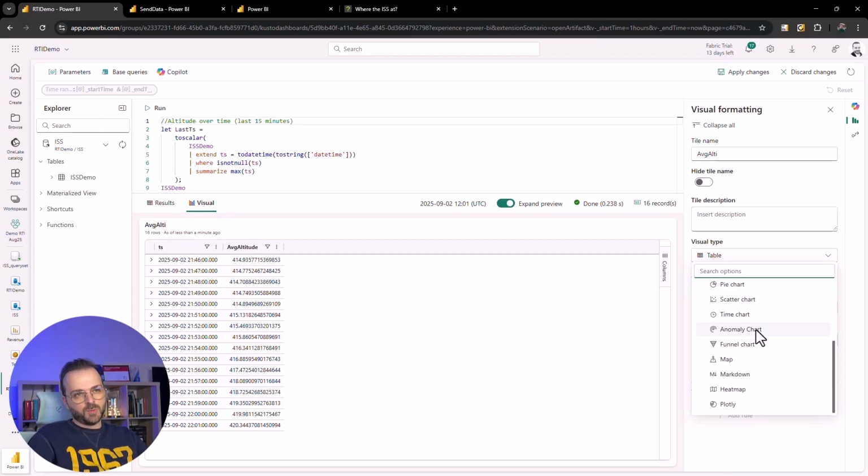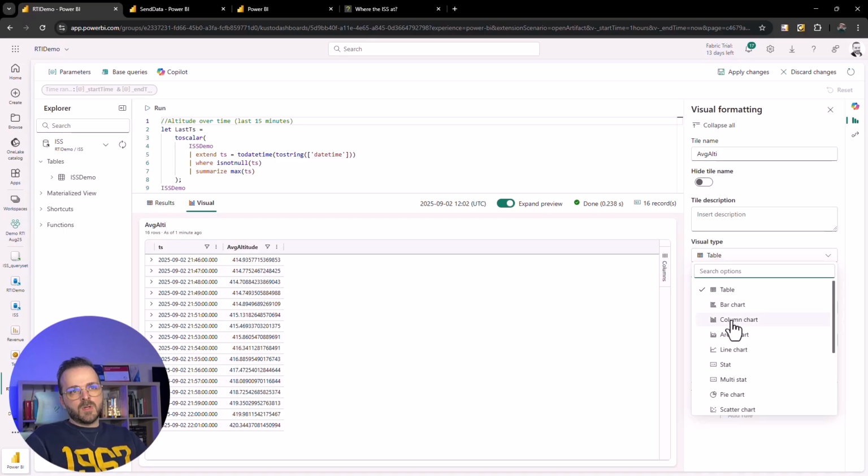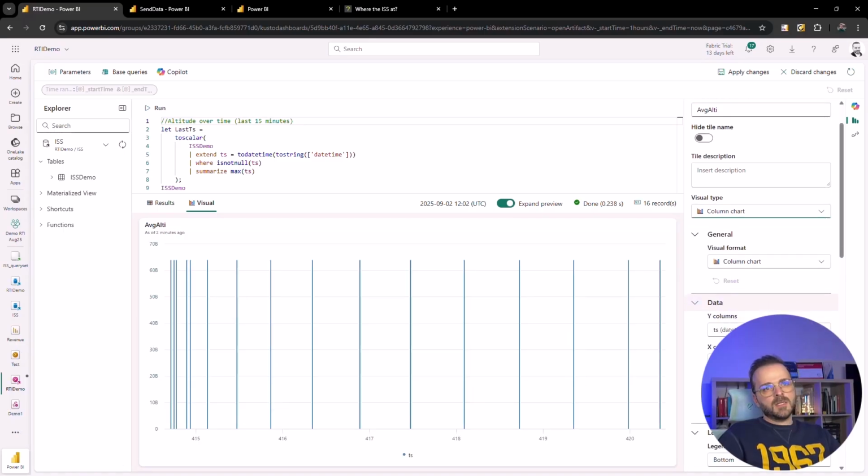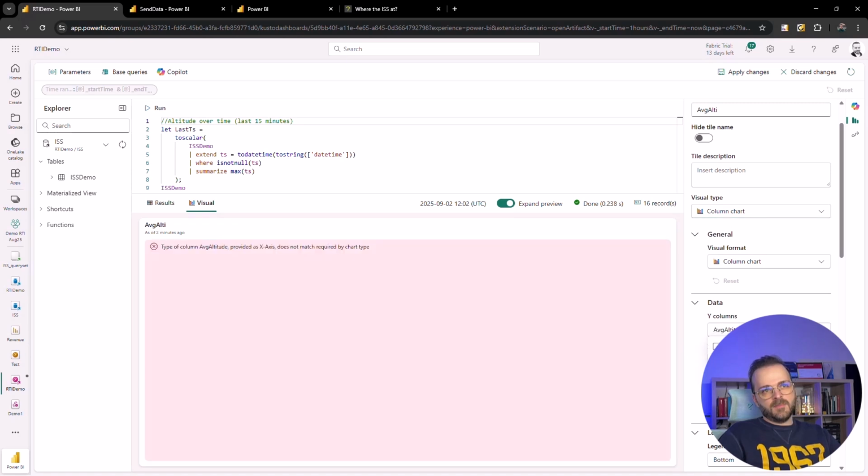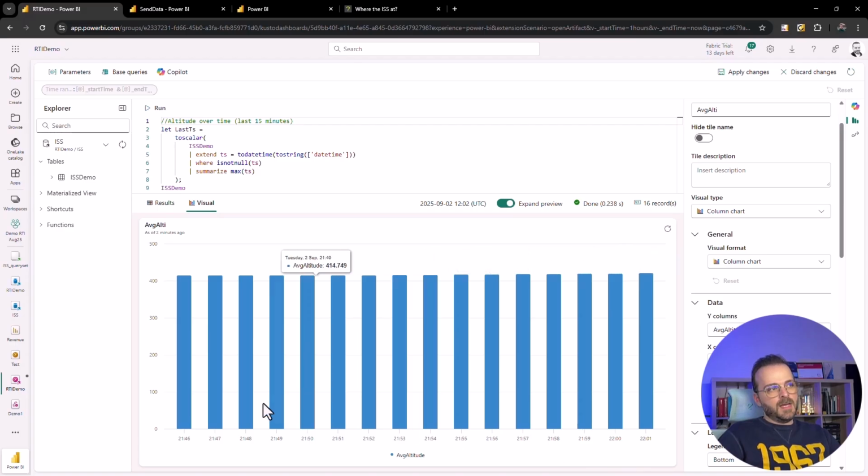Power BI dashboard. Yes, you can create many different types of visuals in a Power BI report and then pin it to a dashboard, but you can't create this amount of visuals inside the Power BI dashboard. So for example, I want to add the column charts. In the column charts, I can say, okay, the y-axis is the value of this, and then the date and time, and that's showing the average of the